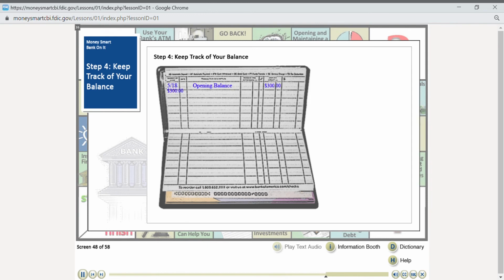You deposited $300 when you opened the checking account, so the opening balance is $300. Next, you deposited a $1,200 paycheck. Your new balance is $1,500 because $300 plus $1,200 equals $1,500. Then you made 2 withdrawals. After writing a $35 check, your balance was